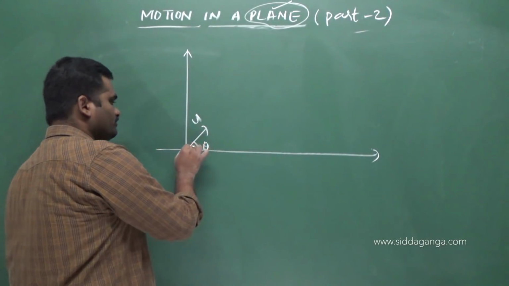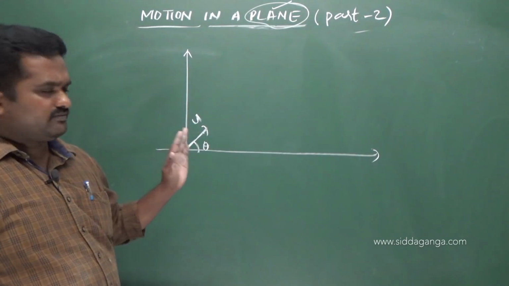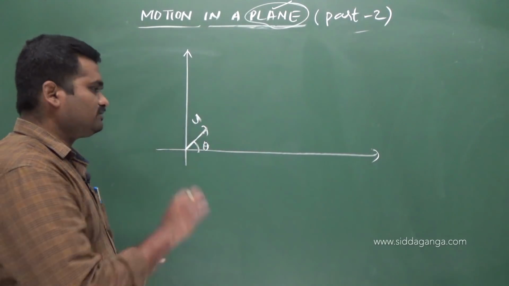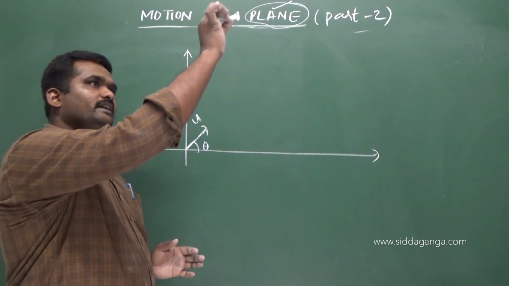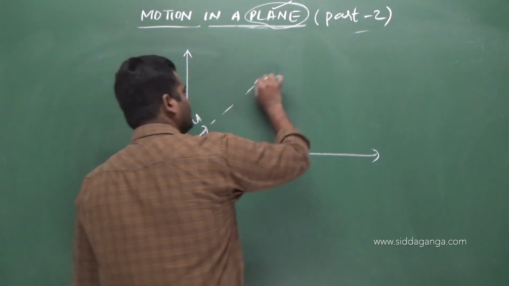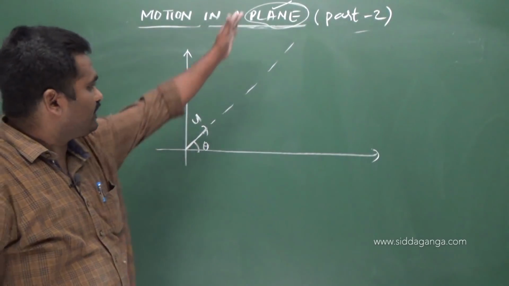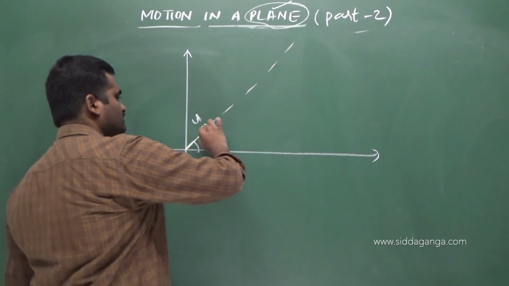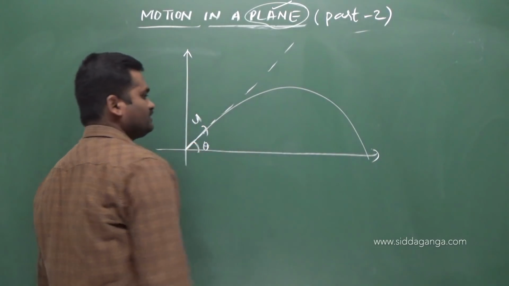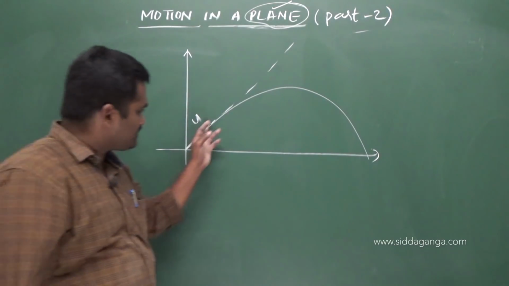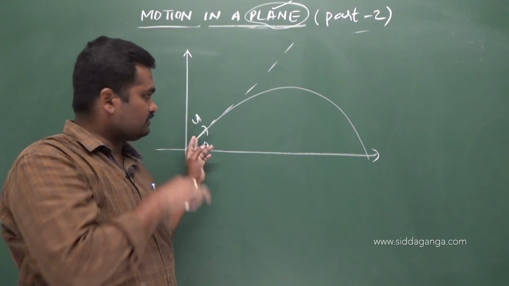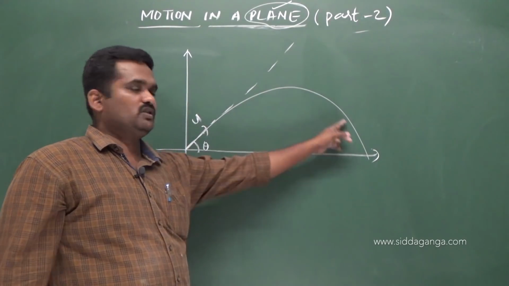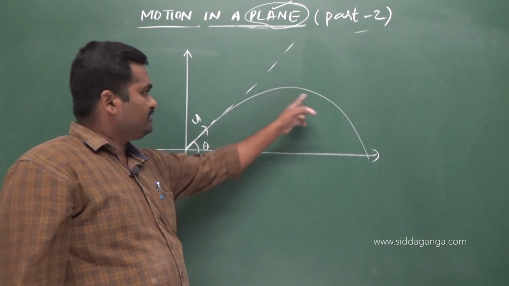If I throw something like this, first of all just study what is going to happen for this particular motion of the projectile. If I throw, let's say, this shark itself, like this, what happens? Will it just keep on moving like that into space? No. Whenever you throw, you give some velocity and you leave it. It moves somewhere, travels, and finally reaches somewhere at this point. This is the path in which the projectile has moved, the path taken by the projectile. Which shape it is, we have to study.